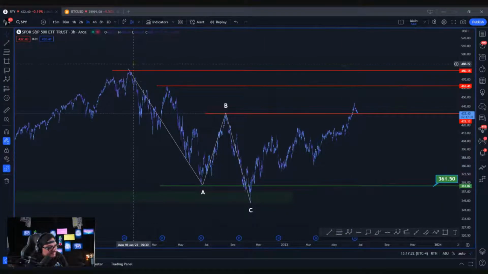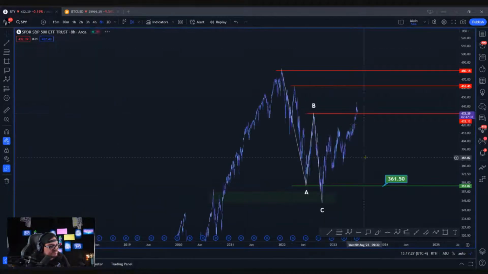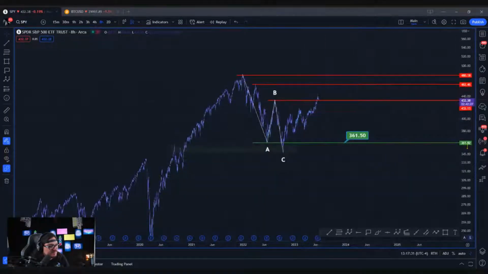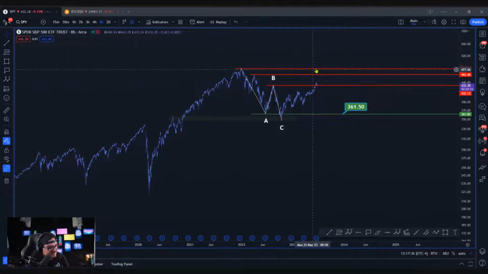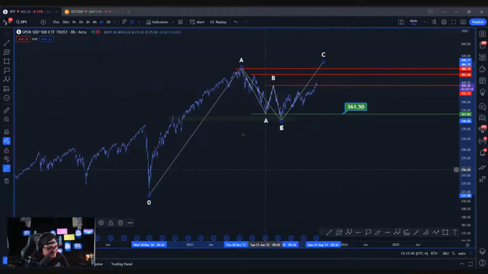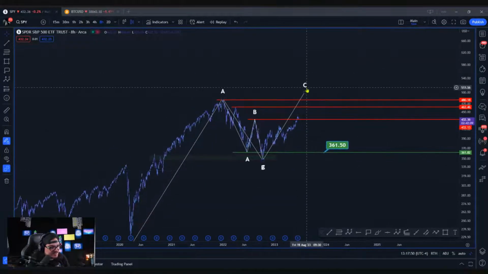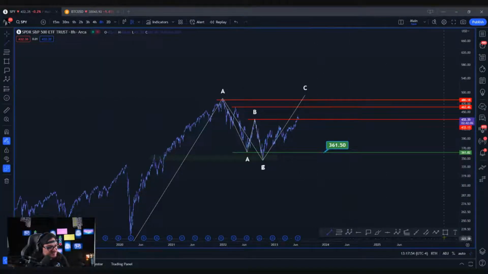The bullish case scenario is that this is it, and we're going to continue higher. But if that is the case, there's something to keep an eye on, and something I'm a little bit worried about, just in case this does happen. I'm not going to start talking about this until we get higher or closer to the all-time high. But if we break the previous all-time high, we do have a possibility of an ABC like this forming. That's going to be a very, very scary setup if we do not make a significant push to the upside. All right. If we just put in a slightly higher high and reverse,